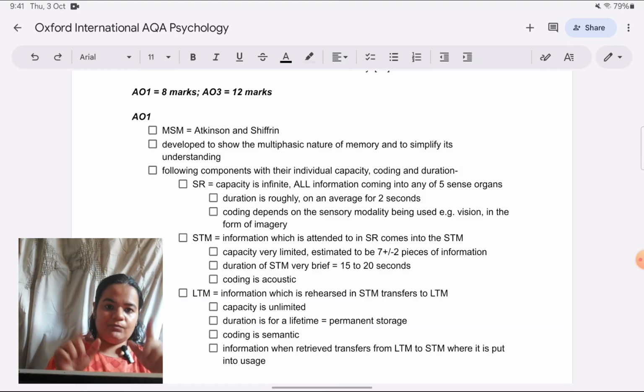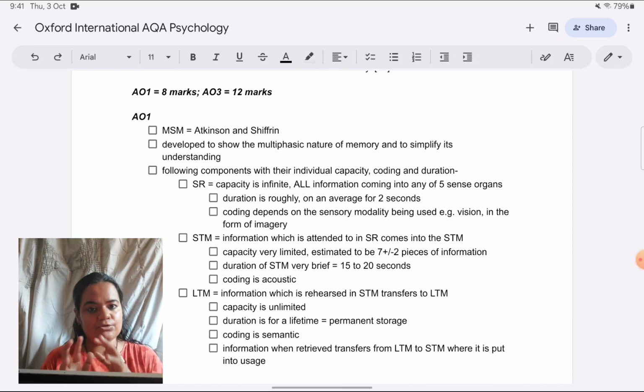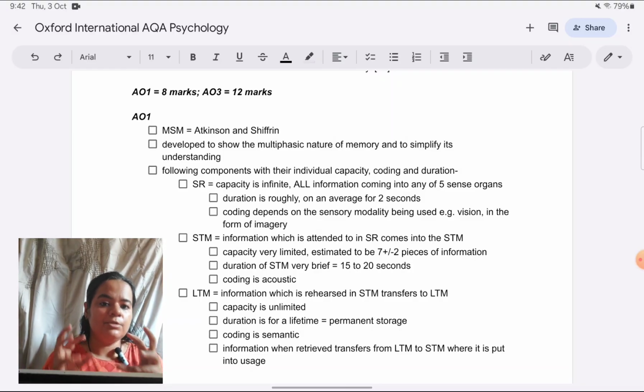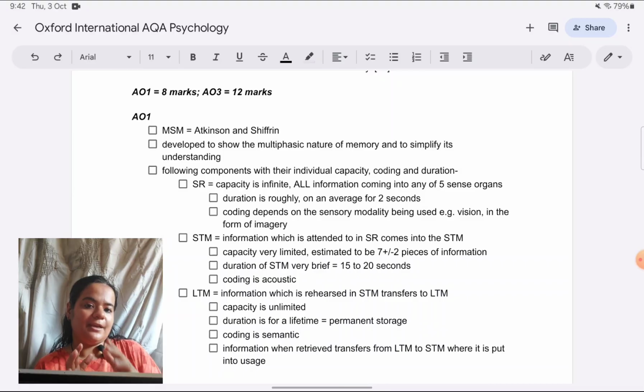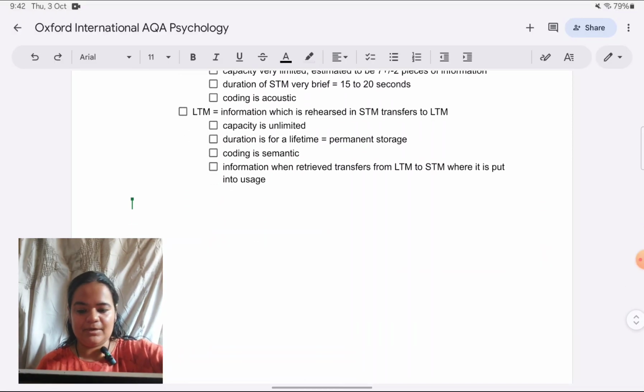So for a 20 marker in which you have an AO2 scenario, you can take past paper questions or questions in any of your study materials, and you can prepare some outlines for them also. Those you cannot directly transfer to the paper because the scenario will always change, but at least you'll have a good idea of how to phrase your answer once you prepare the outline. So you can be ready that way. Okay, now let's quickly make an outline for AO3.